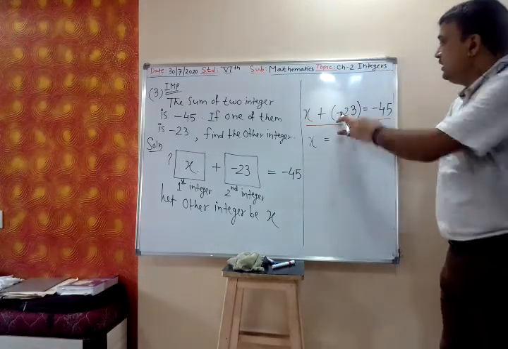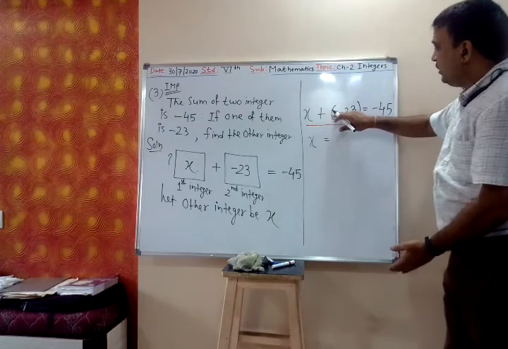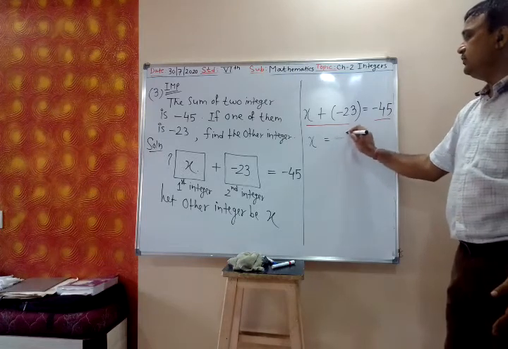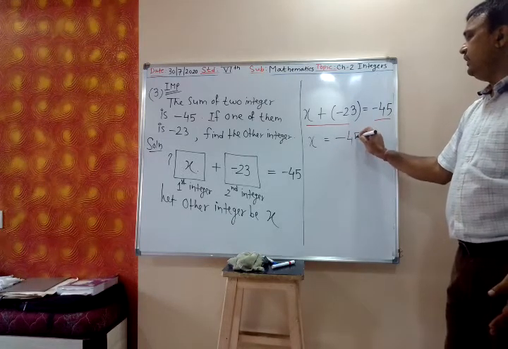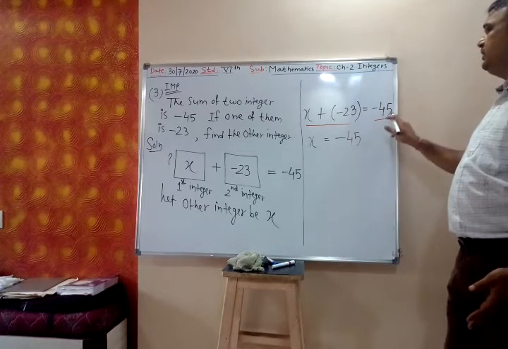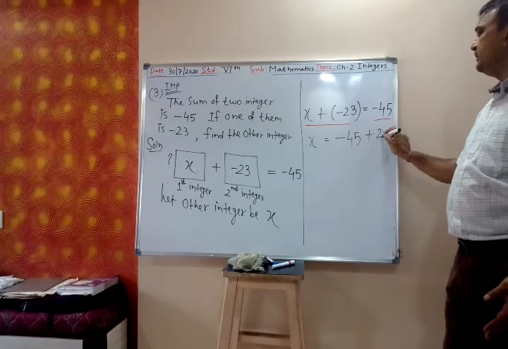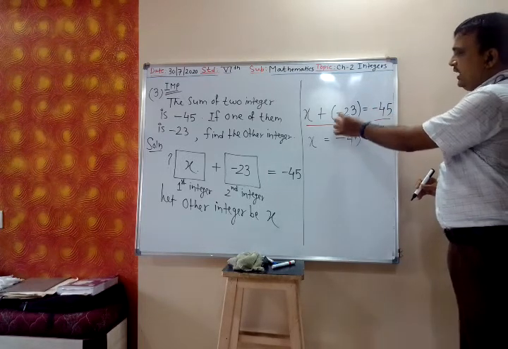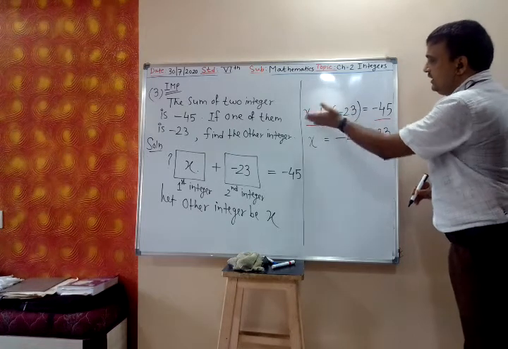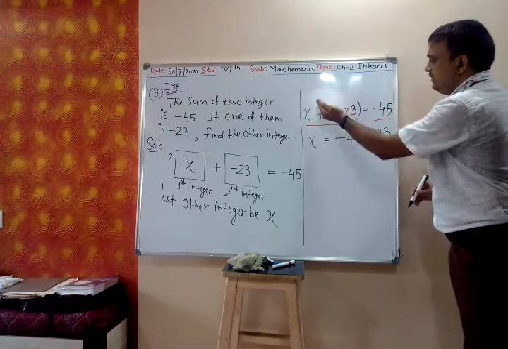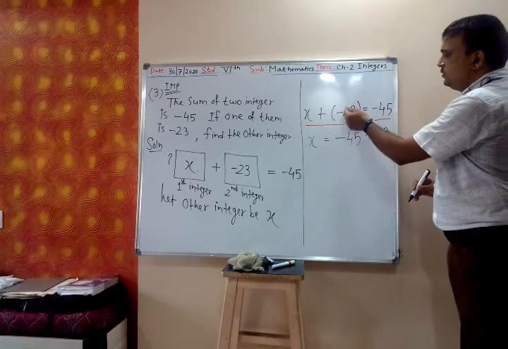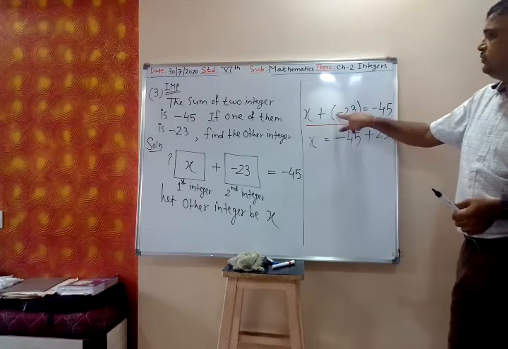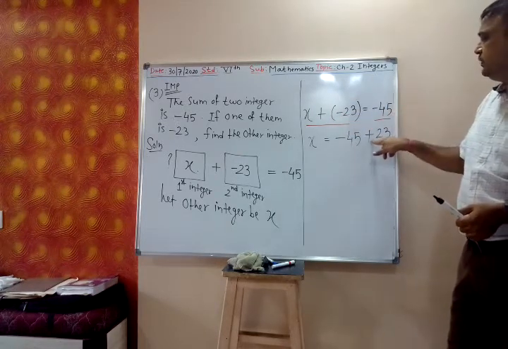Now this minus 23 is on the left. I am taking it on the right, so minus 23 will become plus 23. So this is minus 45, then minus 23 I am taking on the right side, it becomes plus 23. Minus 45 is on my right side. Before equal to, it is my left; after equal to, right. So whenever we change the side of the number, its sign changes. Minus 23 we are taking on right, it becomes plus 23.